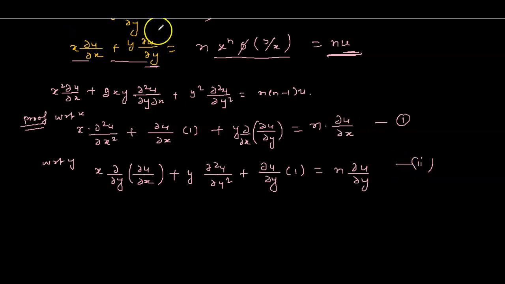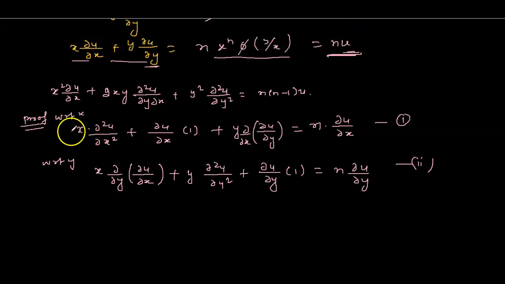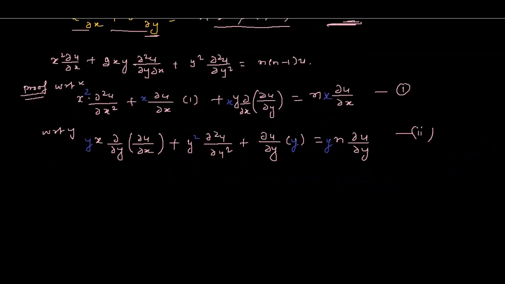So I can write here with different colors. I can multiply this one by x, so this becomes x square. This becomes x into this one, and this becomes n into x into this one. And similarly, if you multiply y in equation 2, this becomes xy, this becomes y square, this becomes y, and this becomes yn. Now, if you add equation 1 and equation 2, you can write in the left hand side